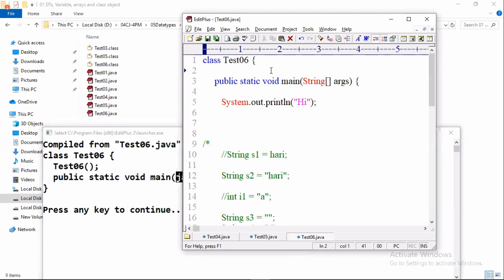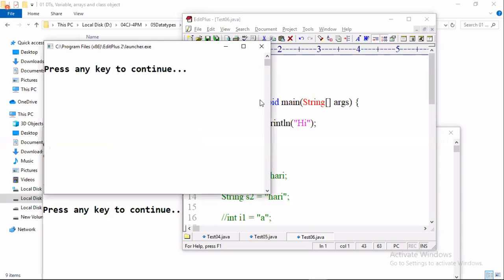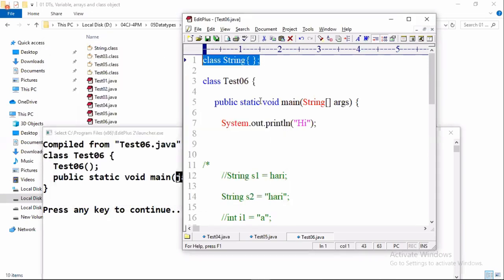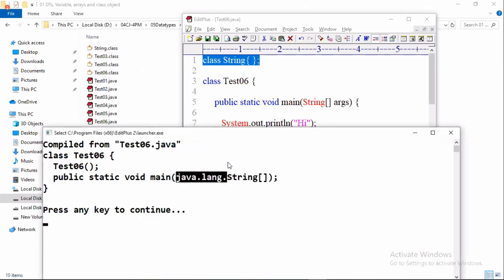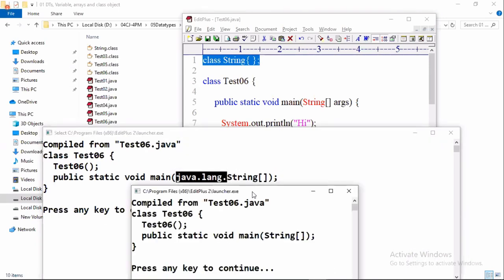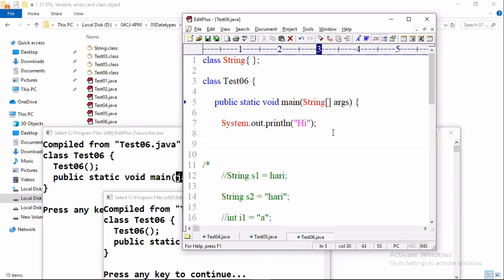If you place a local class String here, the compiler software links this String to the local class and does not place java.lang. Look at that. The compiler software is not placing java.lang for your class. Everybody got clarity? Because the compiler is not placing it, the JVM throws an error. Then you yourself have to place java.lang. Understand a predefined compiler generated code.